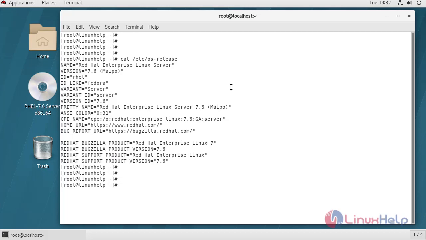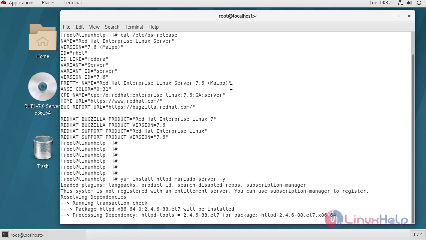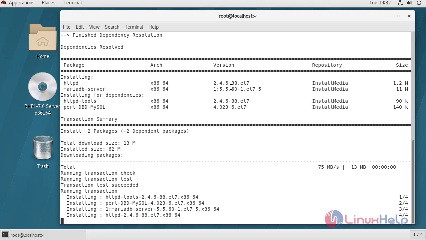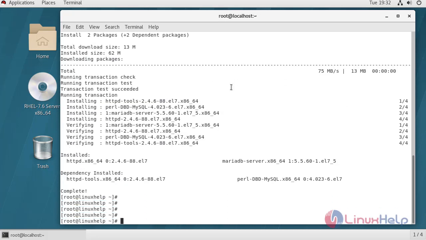Now I am going to install MariaDB and Apache server. After the installation, we have to enable and start the services.